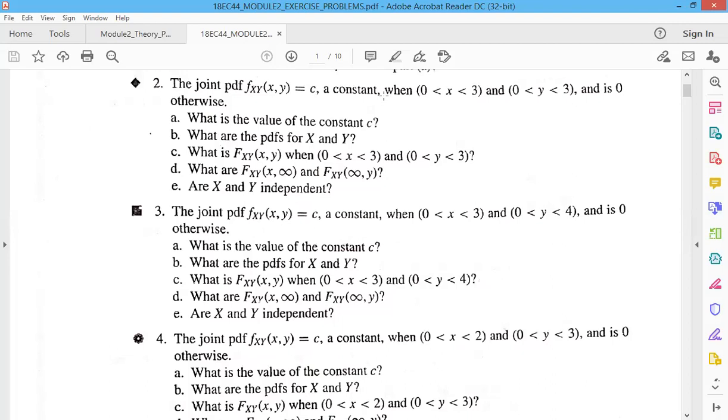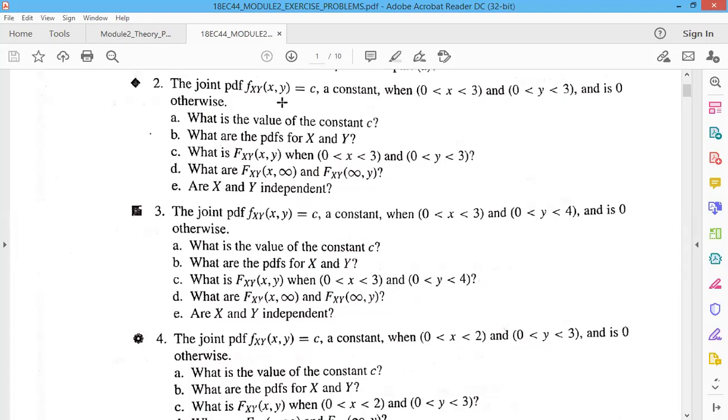Today we'll start with problems on Module 2. So, here are the various topics we have covered under Module 2. On all the topics, we'll take all types of problems. So, here let us start with the first problem.